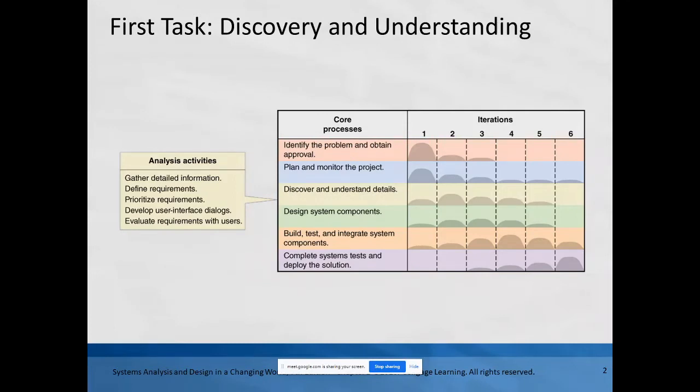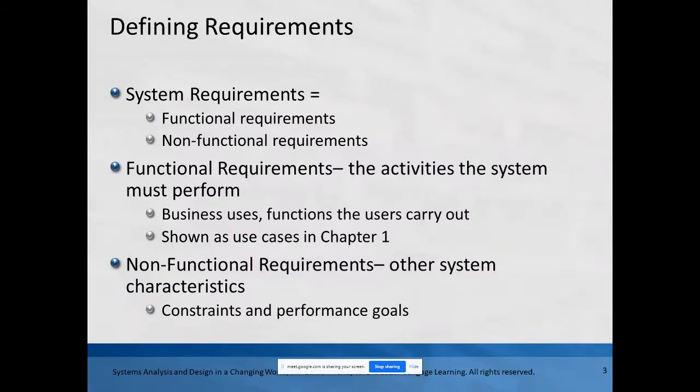So it's during the second iteration and into the third iteration that you'd really be moving more towards the so-called discovery and understanding. How do I find out what I need to do for the project? There's kind of two broad categories for these requirements that I'll be gathering. The obvious one,